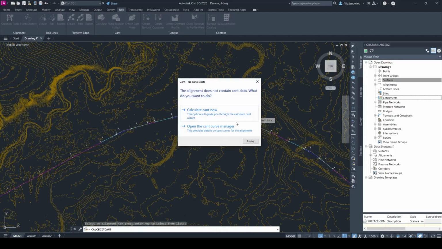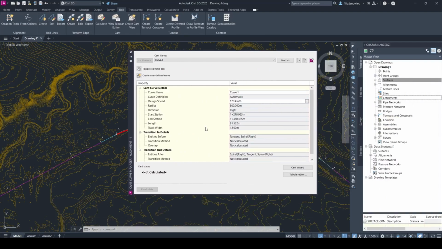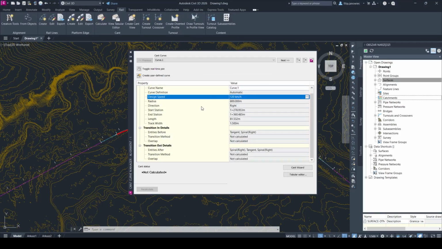Now we can calculate our cant, but we can also open the curve manager and look at how our criteria are selected. We can choose our design parameters, alignment properties, all of the curves. As you may see, I have 3 curves,